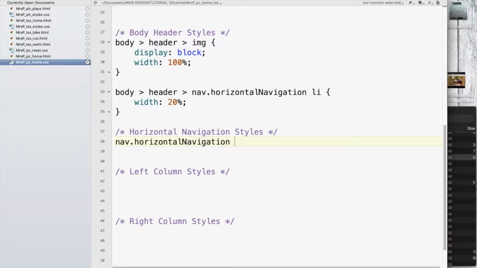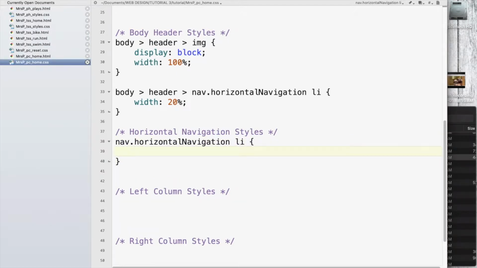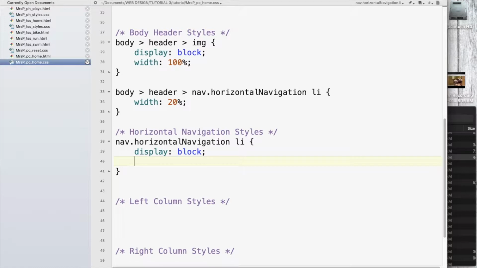Horizontal navigation, and we want those line items again. And we're going to say display. I'm having a problem typing display this morning. Display block. Remember, when you're talking about the display, when you think about blocks, blocks are either going to be set side by side or on top of each other. So that will help you kind of piece things together. And then we want this to float left. And if I save this